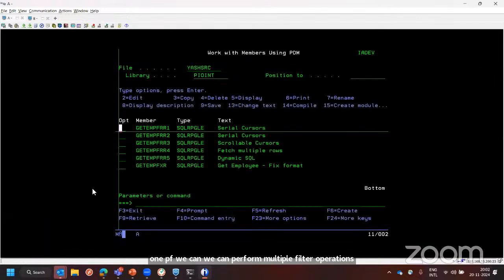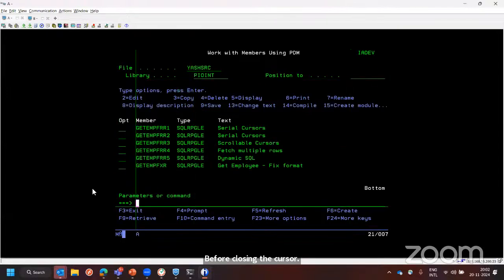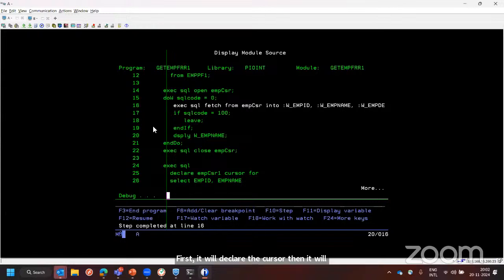Now let me show you one error inside this. What if I come out from the loop before closing the cursor? So let me debug this program again. First, it will declare the cursor, then it will open the cursor, it will fetch the first row. Now let's suppose our program abnormally ended over here. And if I come out from here, if I press F3